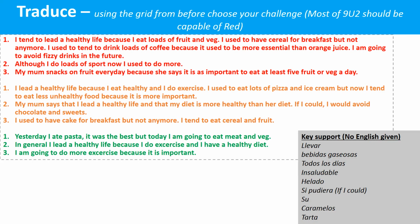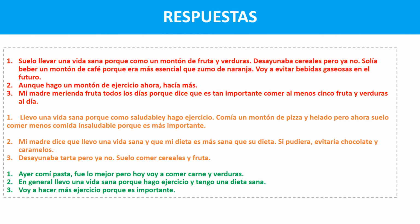Right. Using everything I've given you so far. Obviously go back, have a look, it's absolutely fine. Using the verbs that I've given you and the vocab I've given you at the beginning. Can you choose one of these colours? So I don't want you to do 9. I just want you to choose one of those sections, red, orange or green, that you feel, actually, I can give this a good go. Bit of key support, bottom right. Pause the video, and when you're ready, your answers are on the next slide. Okay,